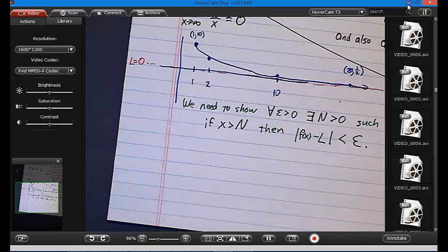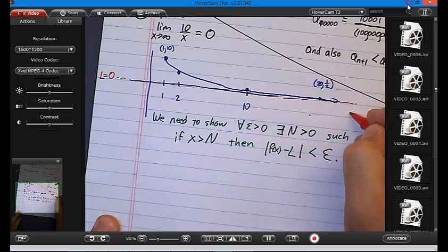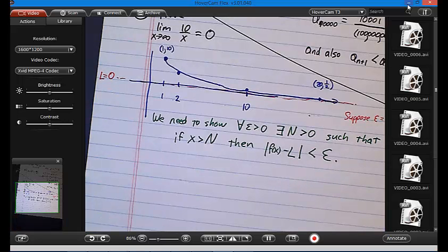I think it's helpful to do what I did with Ashton before and Calvin. I'm going to pick a value of epsilon and just do an example. I think before we do the proof, it's helpful to do an example. Suppose epsilon is 1/2 or 0.5, right? If epsilon is 1/2,